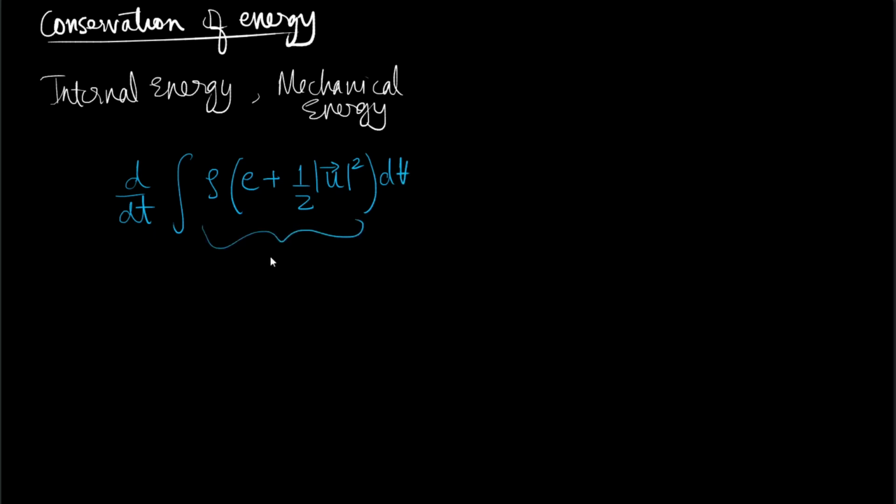So this defines the total energy, and e is the internal energy per unit mass. And half u squared can be identified as the kinetic energy per unit mass. So now this rate of change of energy of the system will be equal to all the different work done on the control volume, or rather work done by the control volume,